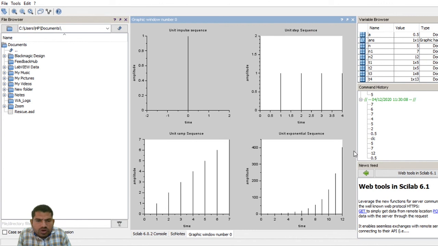The exponential output is an increasing signal. First is the unit step signal, then the unit ramp signal, then the exponential signal. This is the basic generation of the basic elementary signals.